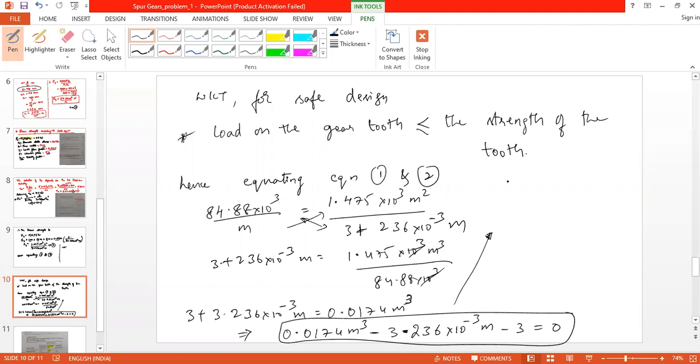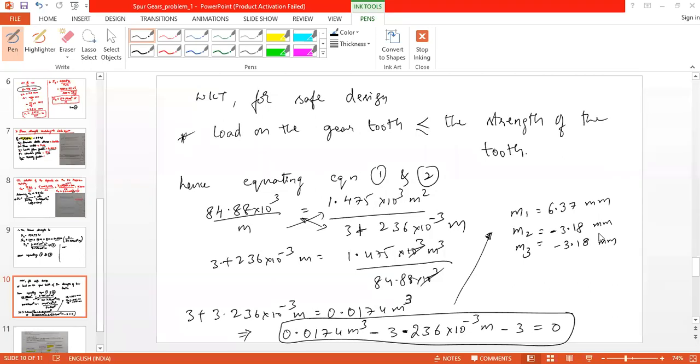So upon solving this, you will get the three values m1, m2, m3. So m1 is 6.37 and m2 is minus 3.187. Same, and m3 minus 3.187. Okay, this is the answer for the cubic equation. So here m1 is 6.37 and m2 is minus 3.18 and m3 is again minus 3.18.